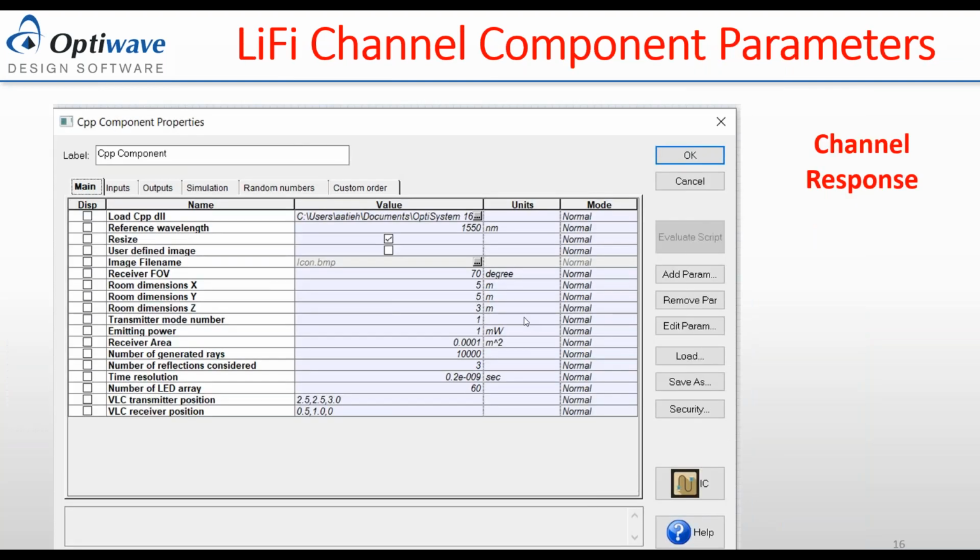Okay. Now, the other C++ component is to calculate the channel response, the frequency response, and the impulse response. In this component, we set up almost similar parameters. We set up the field of view for the receiver, the dimension of the room, and then the transmitter mode number, the emitting power of the LED, the receiver area, and the number of generated rays. Because we need to calculate the channel response in this component,